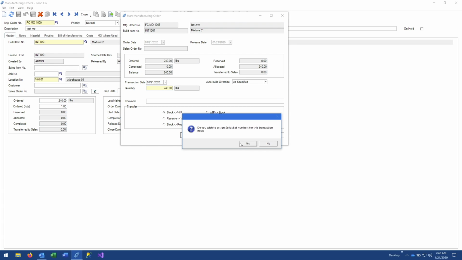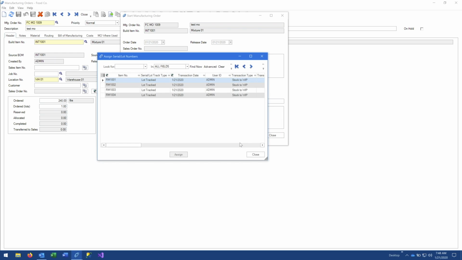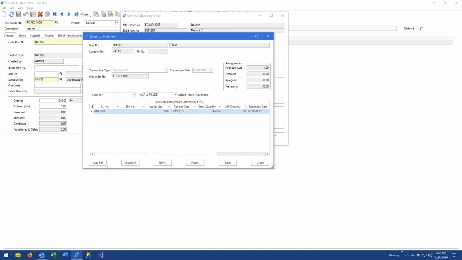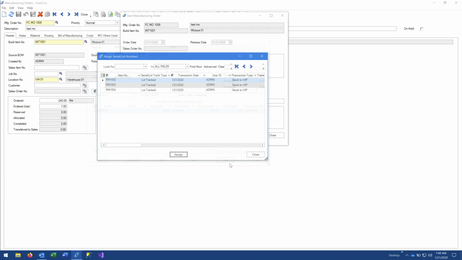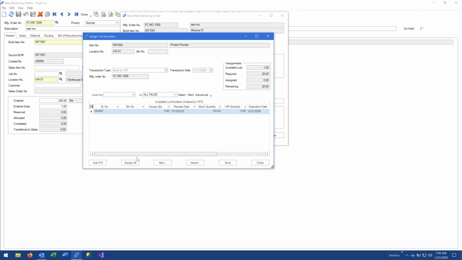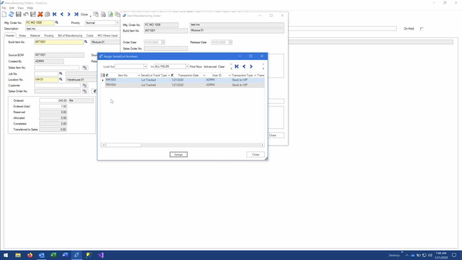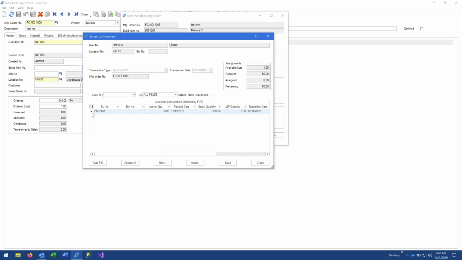Of course, it is going to ask us for serial numbers. And just like in the previous screen, we can go ahead and assign, same as the previous completion step. You can do assign all in here, or just select the row and autofill it onto the one that you want. Now, if you had multiple lot numbers that were used for any given ingredient, you could just go enter